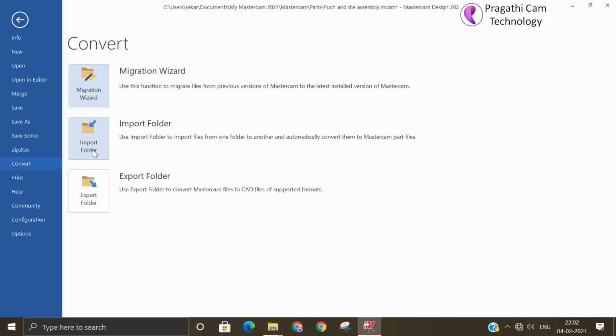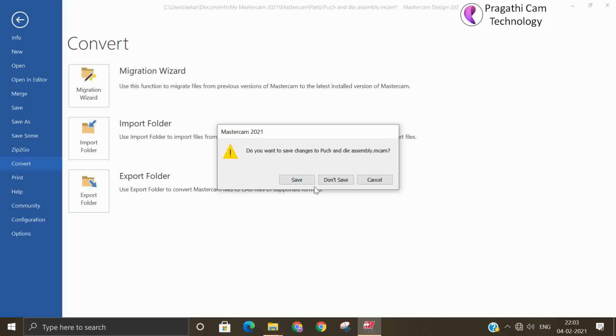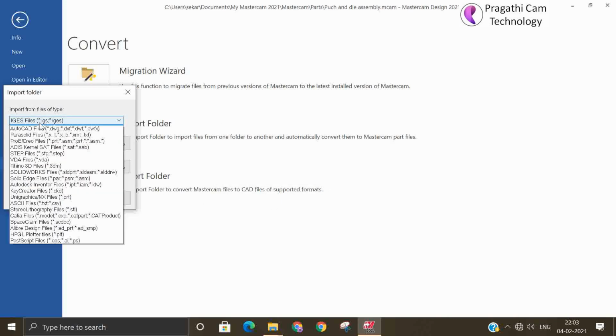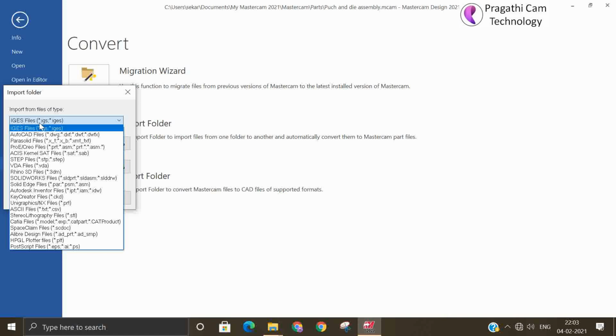Suppose you have worked in the 2021 and you want 2020 and you want to bring it here, that you can use the merge wizard, import folder. So now it will allow you to bring the old version file inside. From here also, if you want to export, you can export it. So what is the file format you want to import? Different file formats you can import, export.